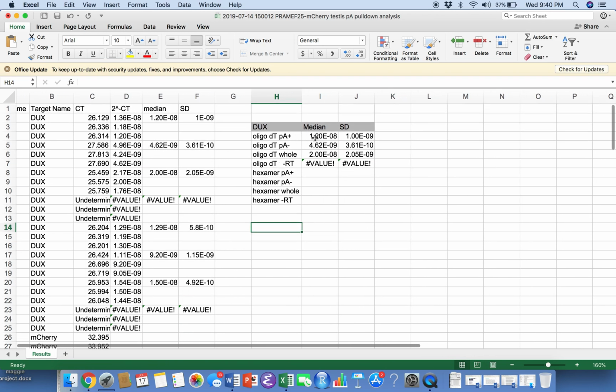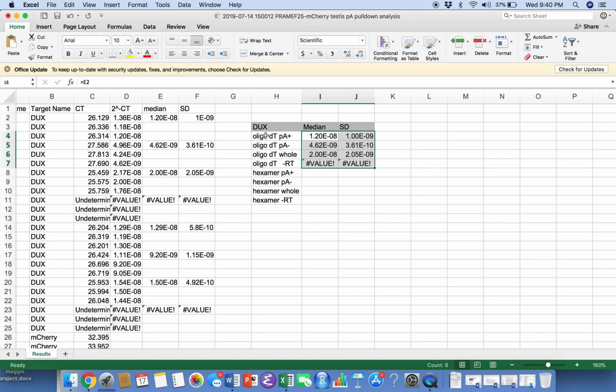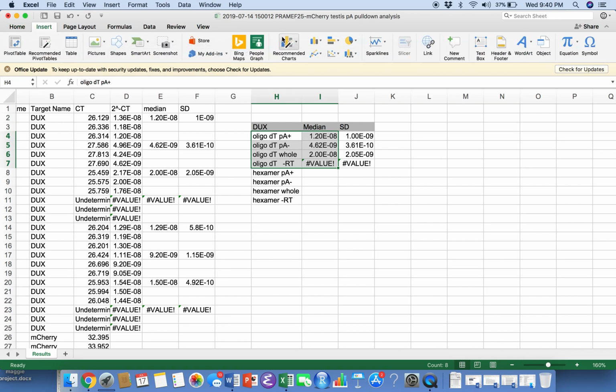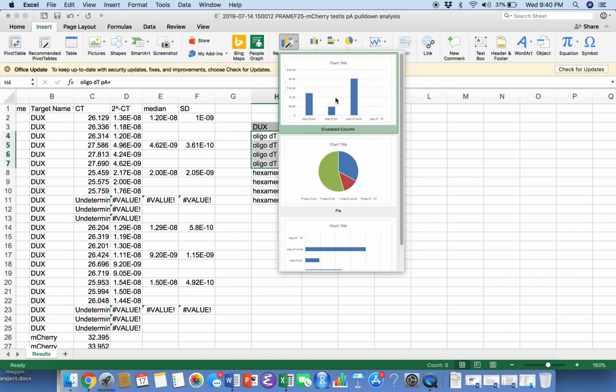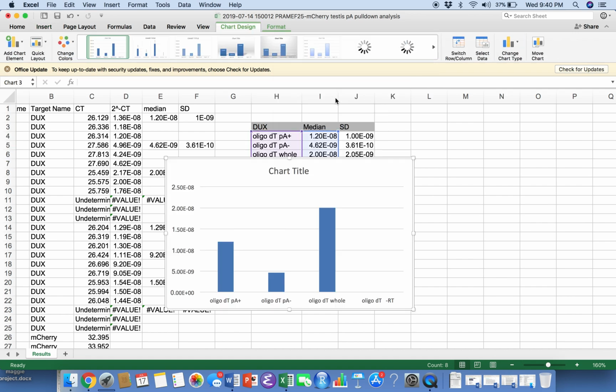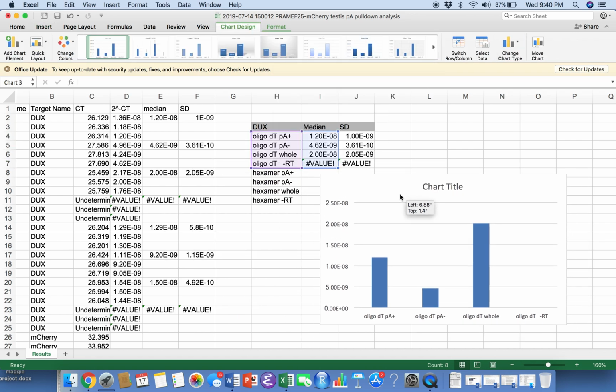But now that we have moved these to here, we can just select the labels and the median, not the standard deviation for now. We want to create the initial graph just with the medians, and click the Insert tab up above, and for recommended charts, we're just going to insert a standard bar graph. Cool. Pretty easy. We can change the title of that before we forget what gene we're working on to ducks,